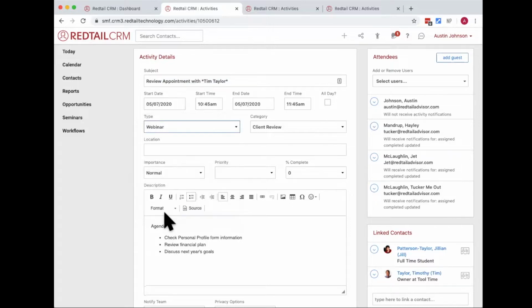That way you can track the number of video conferencings that are taking place and whether or not that meeting is going to take place in person or over a web conference. And so adding a system type will help you delineate that. The hack that I wanted to show you was how we can use the link for the video conference inside